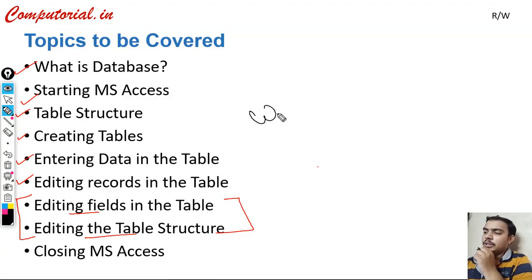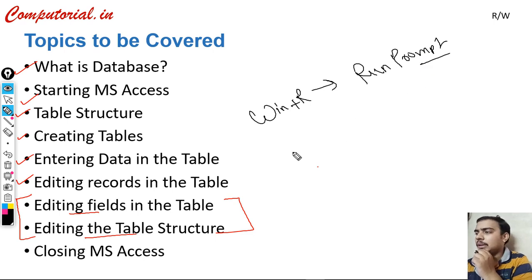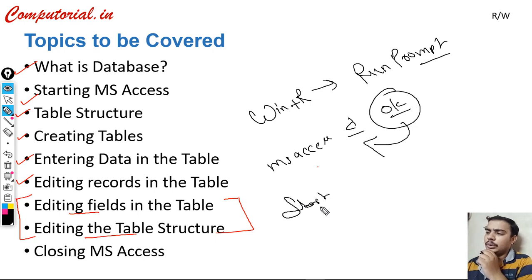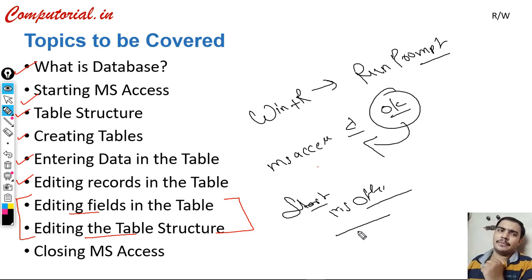What we will do right now, first of all, is press Windows plus R, which will open the run prompt. From this run prompt you have to type MS Access, and then press either the enter key or click on the OK button. It will open the MS Access application quickly. Or one more option is that you can click on the start button, go to MS Office, and then click on the MS Access option. Fine, so there you have two options. You can use any one of these as per your wish, but I suggest you use the first one.